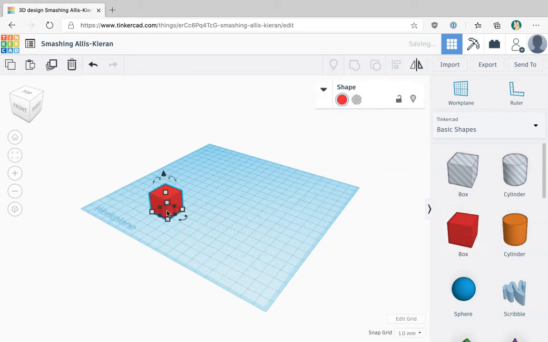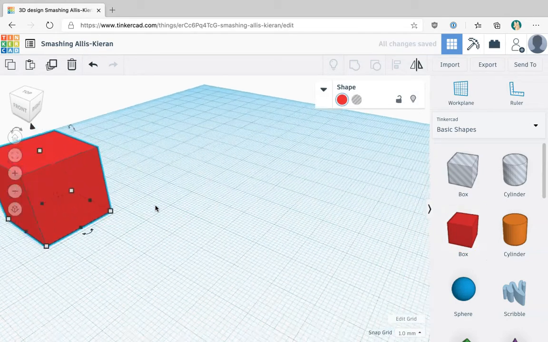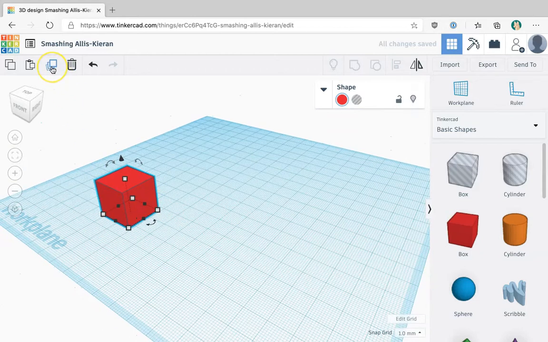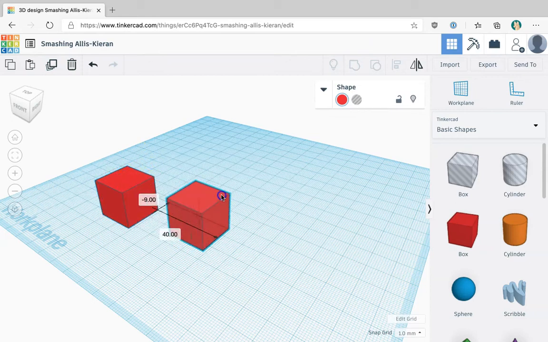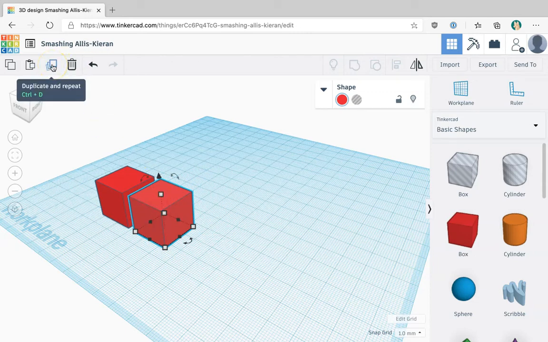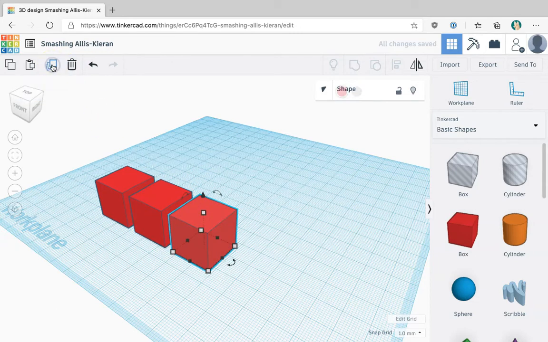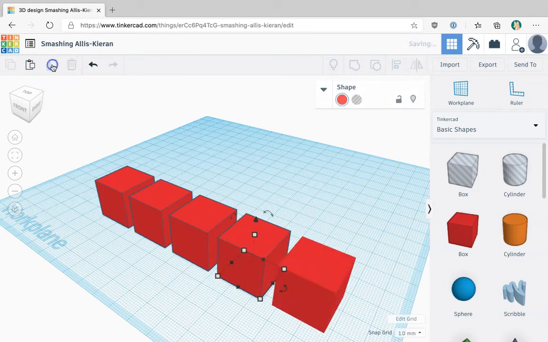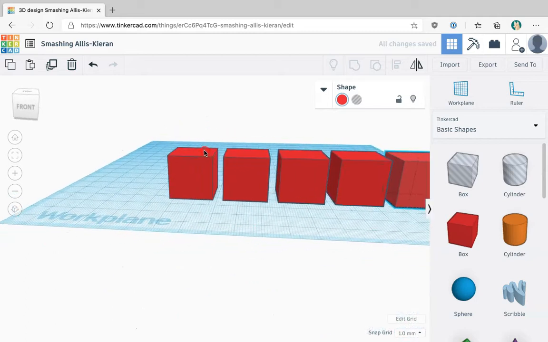I'm going to put a box right here, and then I'm going to click on the duplicate and repeat button in the top left of the screen. After I click that, you can see that there is another object, and I can drag that object basically wherever I want. I'm just going to put it right here, and then keeping this object selected, I'm going to click on duplicate and repeat again. As you can see, that made another box,